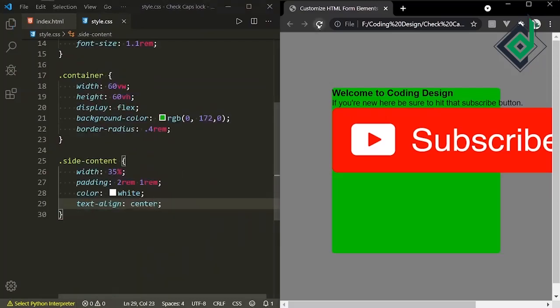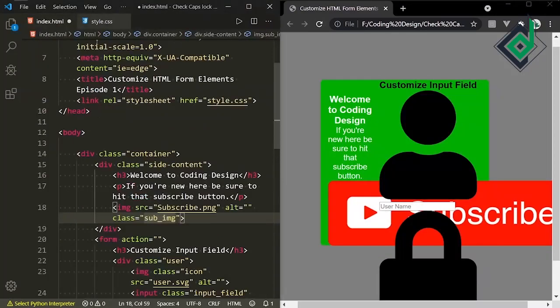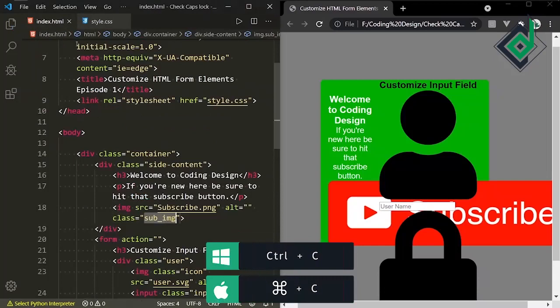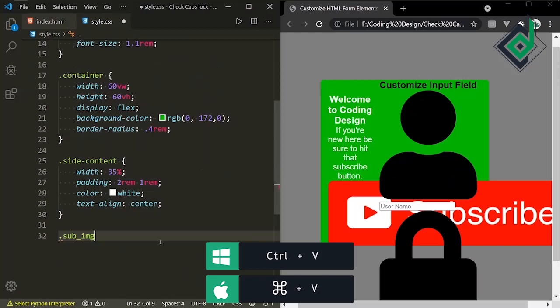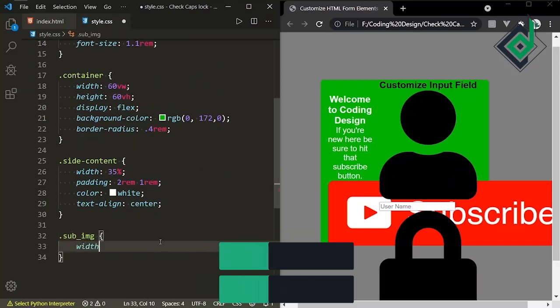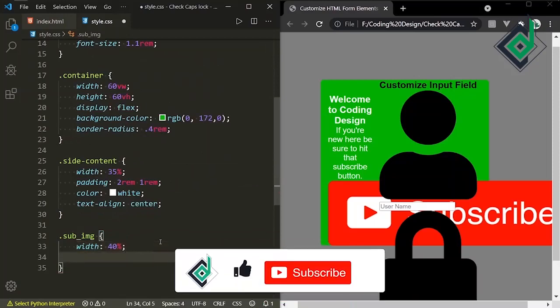Now you can see the subscribe button is so huge, so let's make it a bit small. So for the subscribe button, I'm giving width 60%. For the height, auto.